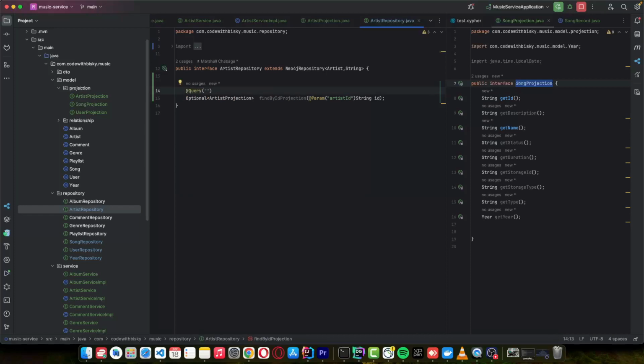For a match, we just say user of type, our model, it's a user, this is our label, and we want to look for the id of this one, of artist id. Sorry, here it's supposed to be an artist. We are looking for the artist. Then we can return